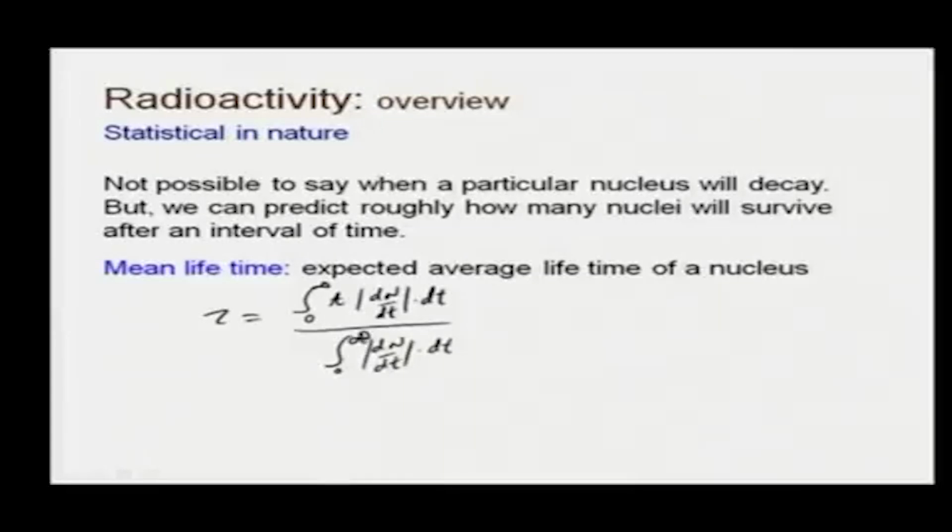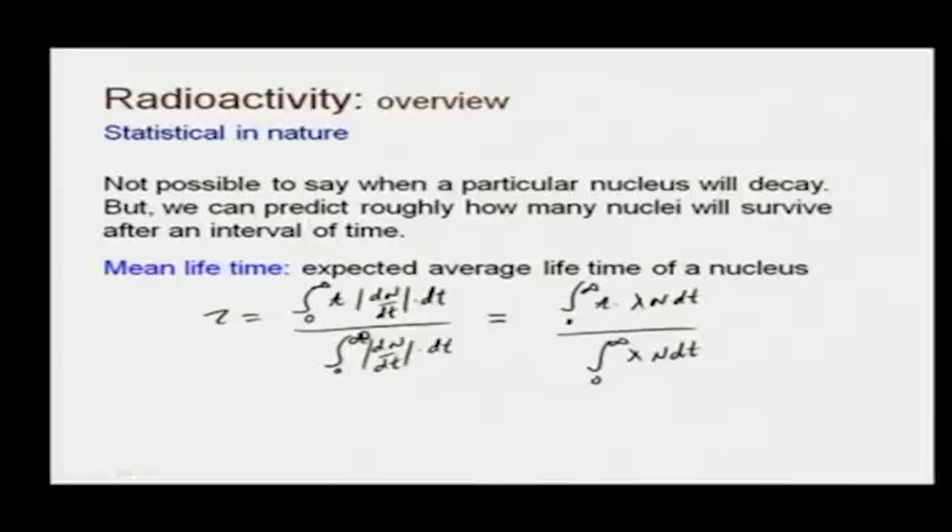If you wait up to infinity, this can be written as dN by dt being nothing but lambda N, so the integral of t lambda N dt divided by the integral of lambda N dt,